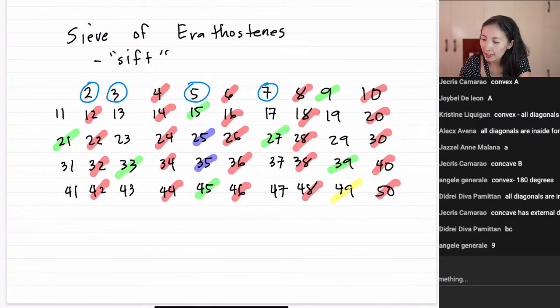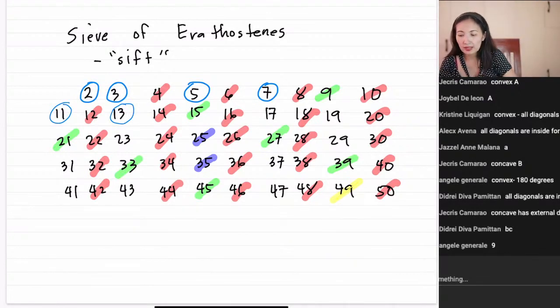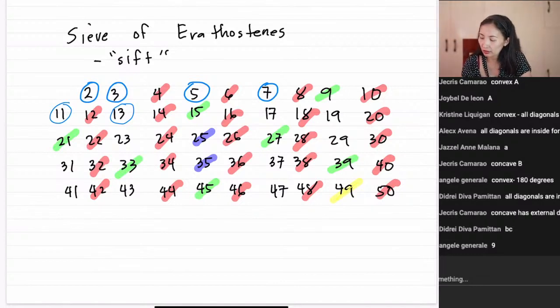Let's move on to the next unmarked number, which is 11. We cross out all multiples of 11 beginning with 22. Okay, 22, finished. 22 plus 11, 33. 33 plus 11 is 44, finished. So, no more. Then we have 13. 13 plus 13, that's 26, crossed out. Plus 13, 39, crossed out. No more. Okay? Therefore, we're down to